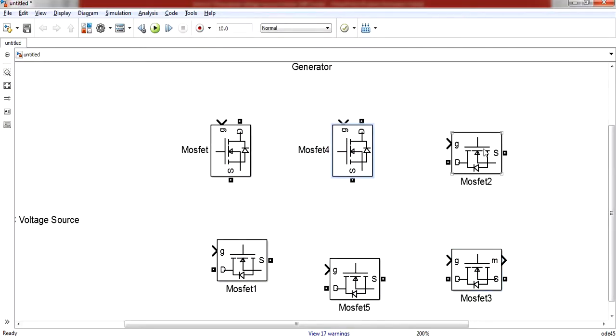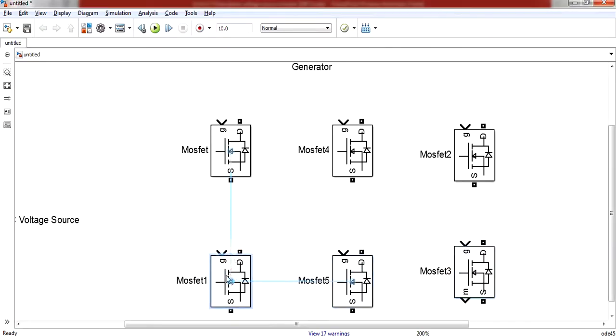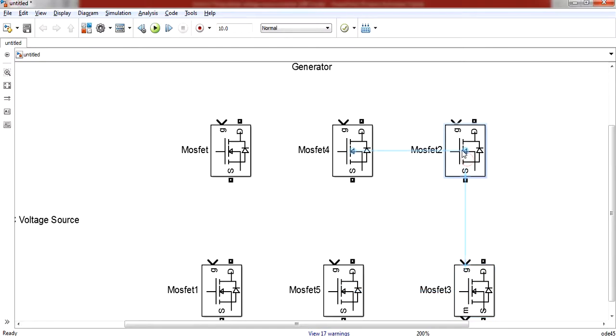Let us rotate using Ctrl R. Okay, so in this way we have taken all 6 MOSFETs and we have placed them accordingly.